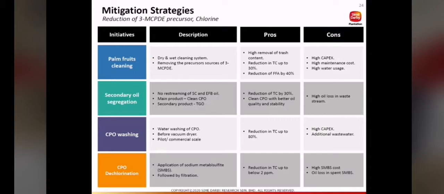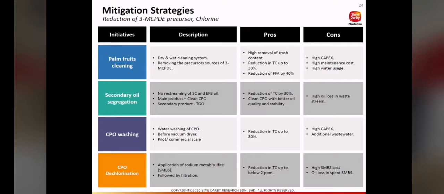The third method, which I think is the most common method used, be it in mills or refineries, is CPO washing, where we inject water in, mix, and then separate out to reduce the total chlorine. This method is efficient and can reduce up to 80% of the chlorine compounds in the CPO. However, this method increases the amount of wastewater used, and is also costly. The last method here is